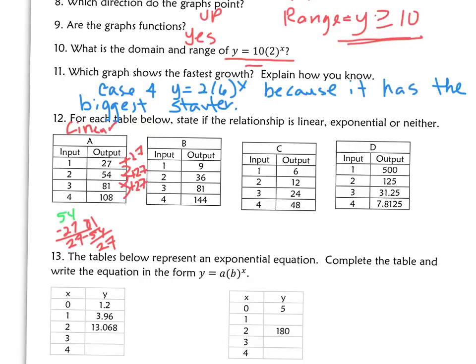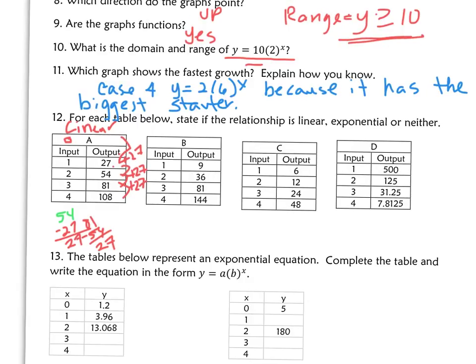We could actually even say what the y equals mx plus b is. I have to go back to see what y is at 0. If I go back 1, from 1 I subtract 27, it would be 0. So my